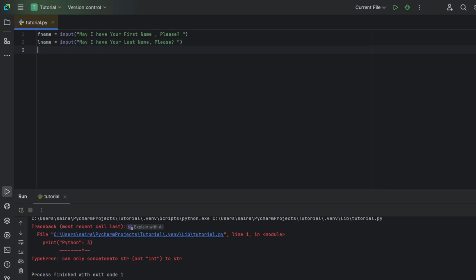Then we can print "Thank you," space. Sorry.